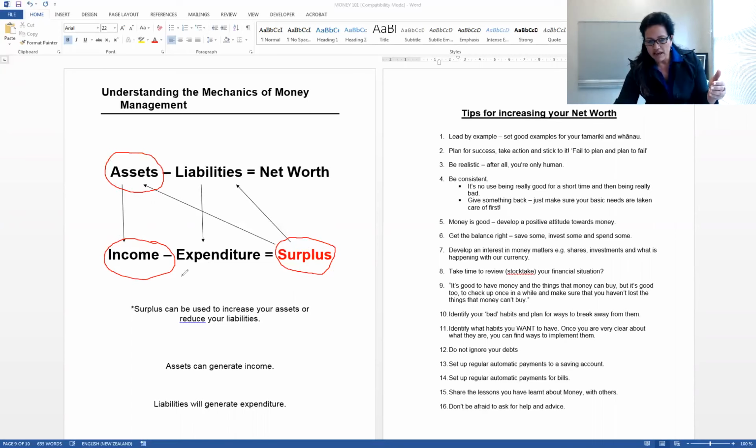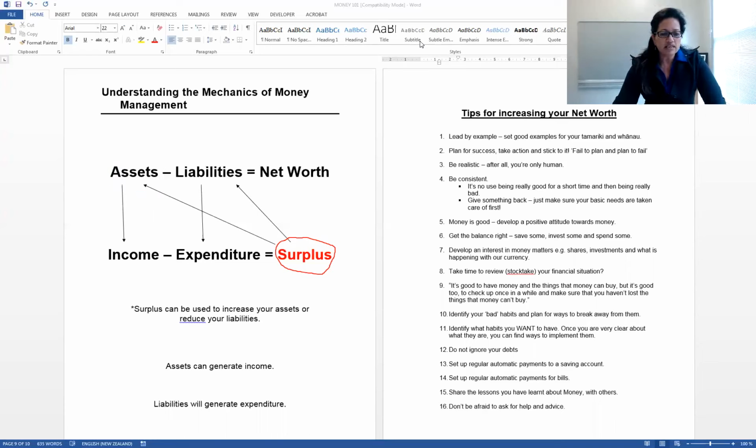So the mechanics of this goes round and round. As long as she creates more assets that generate income, she's going to get more surplus, and then it can grow and grow. So she can look at her assets and ask, is this creating income for me? If it is, she might want to put more money into those sorts of assets, or get some new assets. Or she might look at her assets and say, this isn't a great generation of income. Maybe I need to think differently about what assets I hold.